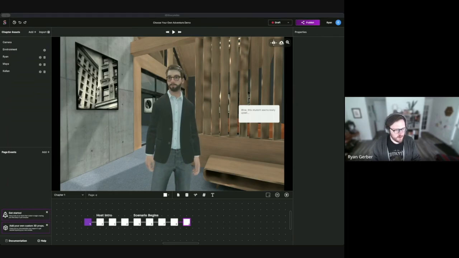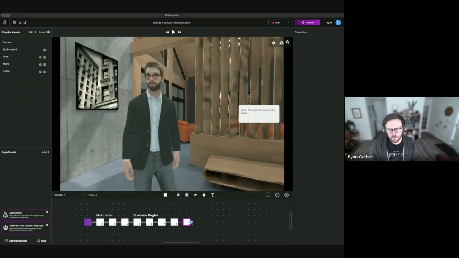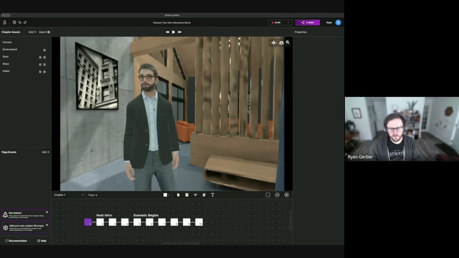Here, we've got my character who I love to use for demos here. We're going to go ahead and create a new page. They say, wow, the student seems really upset. They're looking at the character. And then on this next page,